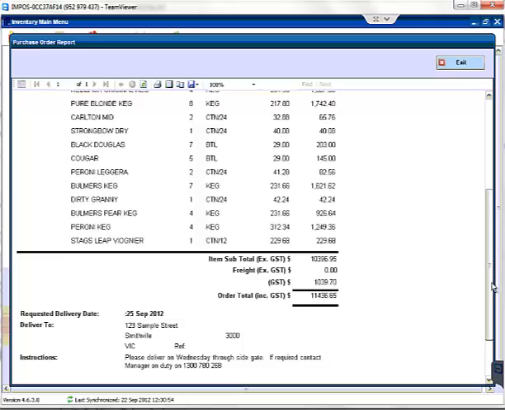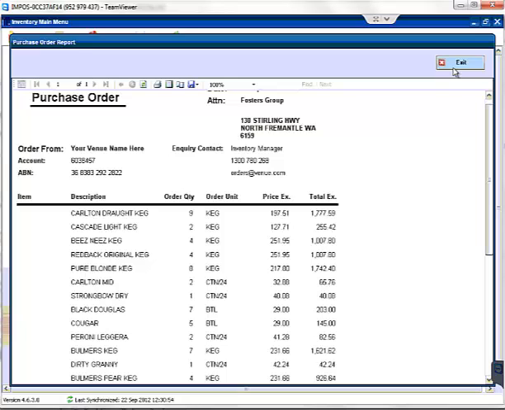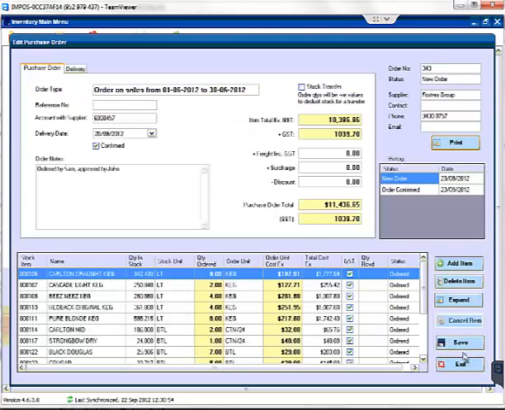In the configuration settings page, which we had a brief look at just before, you'll see that you've got any instructions, so please deliver on Wednesday through the side gate. If required, contact the manager on duty. All these settings can be set up so that they print on every single purchase order automatically. If we just select on to exit